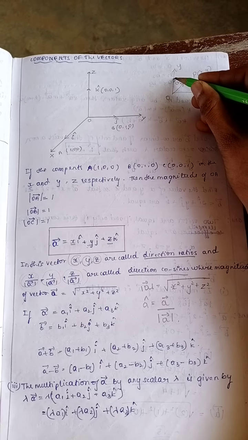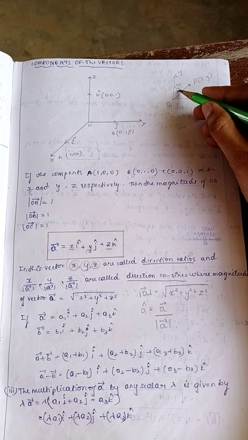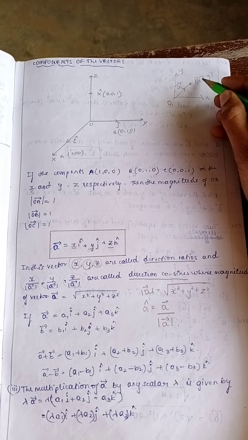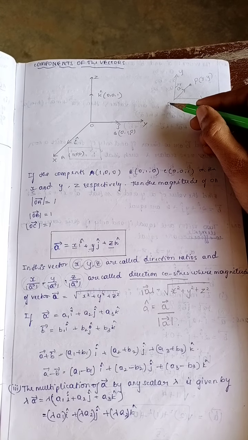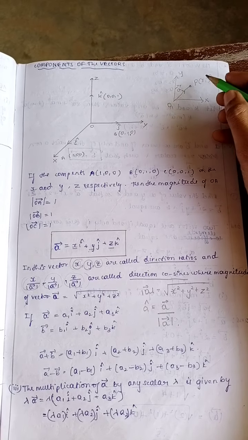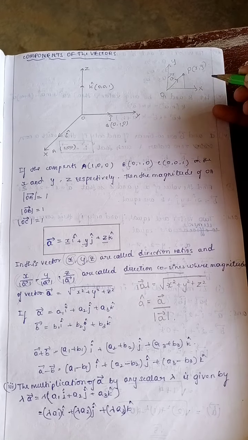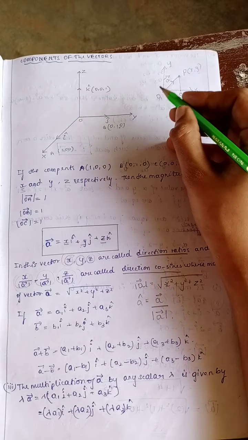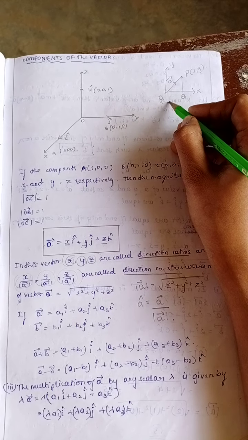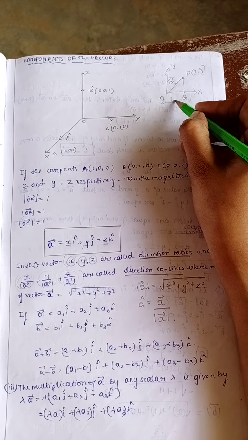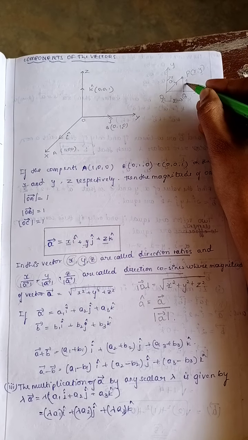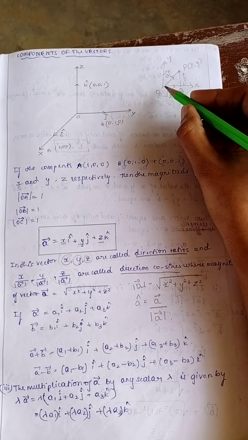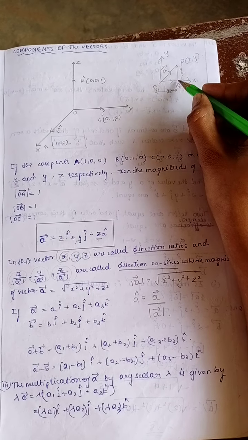Let us denote it as a vector A. Here vector A is a vector, it is moving from origin O to the point P of x comma y. We have to find the value of this vector OP, that is vector A. See, you draw one perpendicular along with the x-axis, mark this point as Q. The distance from O to Q is x, because x coordinate value is x, and Q to P value is y. So see here, there is a vector moving from O to Q, then Q to P.